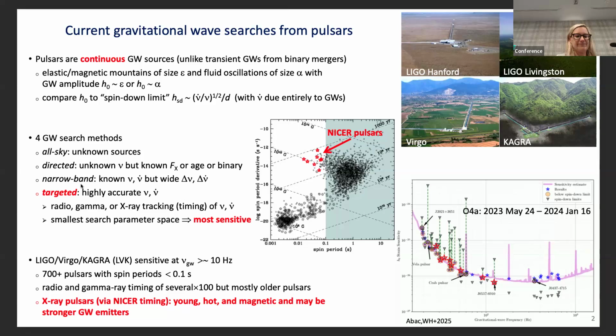So we've been on a campaign of monitoring and timing X-ray pulsars for a while now using NICER. I should emphasize that we're only looking at pulsars with NICER that are only observable in X-rays. We're not looking at the radio ones or gamma ray ones, because why spend the valuable X-ray time when you can do it with a ground-based radio telescope? So we're only looking at X-ray only, radio quiet ones, basically.